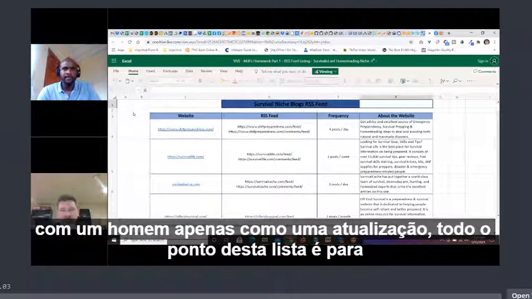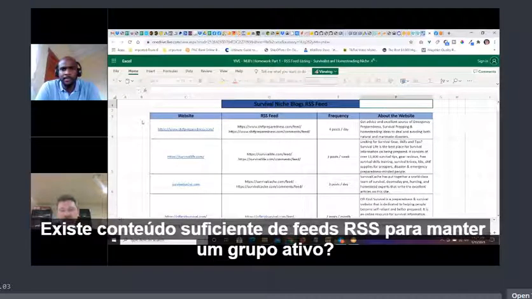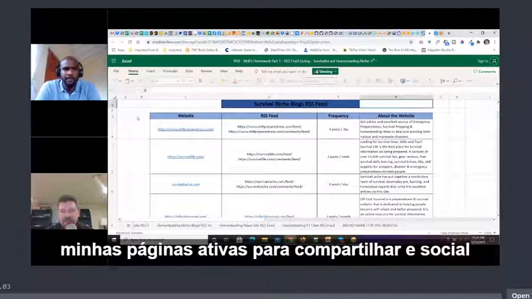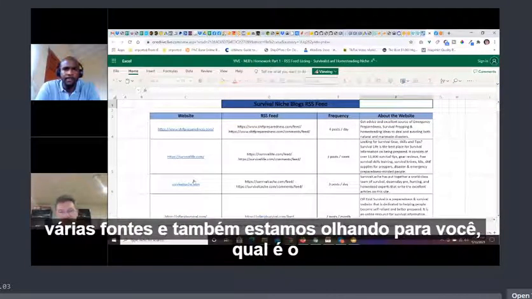And just as a refresher, the whole point of this list is for you to be able to figure out if I'm going for this audience, is there enough content from RSS feeds to keep a group active, to keep my pages active, to share in social, and to eventually build my website on autopilot. And so you look at various sources, and we're also looking at